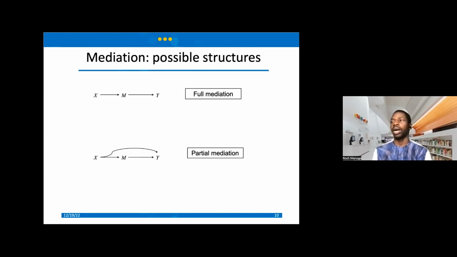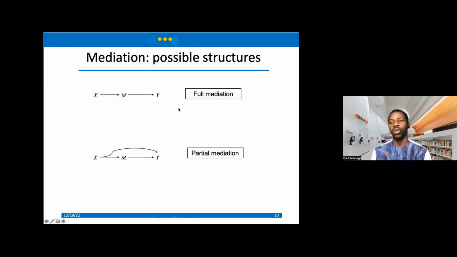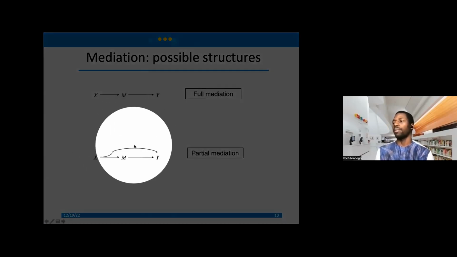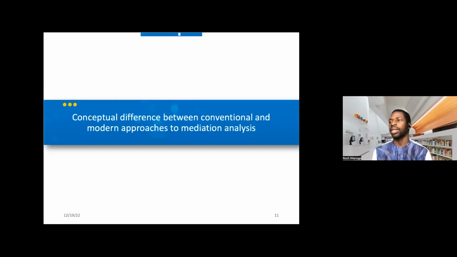All right. So here, in the first case, this is what we call full mediation, from X to M to Y. And on the second part below is what we call partial mediation. So X to M to Y, but there's also another pathway that does not go through M, right? So these were the preliminary definitions that we have before we go into a little more detail. But please stop me if you have any burning questions. I'll be happy to answer them as I go along.